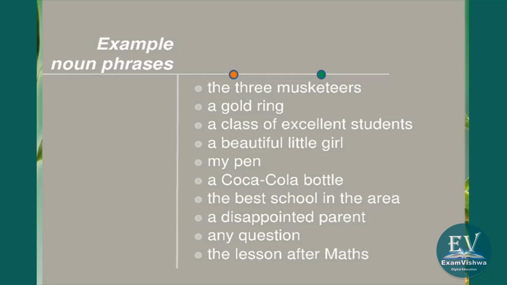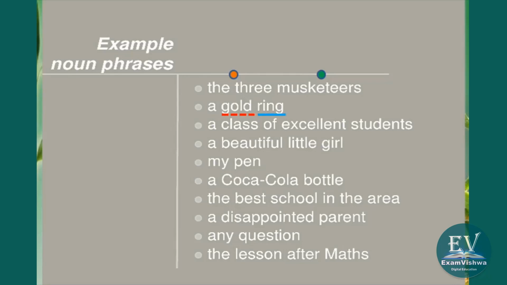musketeers. So like I told you earlier, children, a phrase is a group of words. A sentence is also a group of words. But remember, a phrase is a group of words which may not have an independent meaning. It is part of a sentence. All right. Then we have a gold ring, where gold is the adjective which is describing or which is modifying